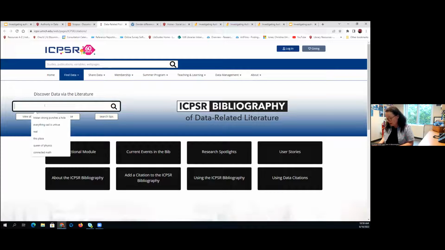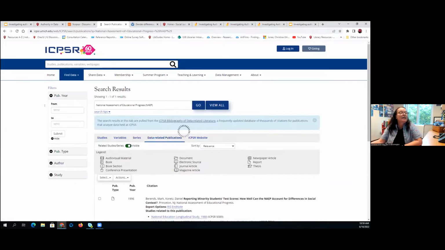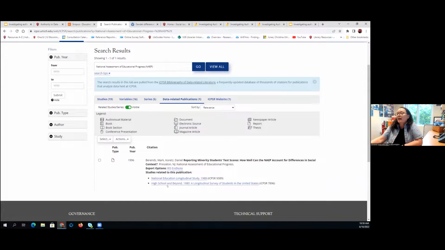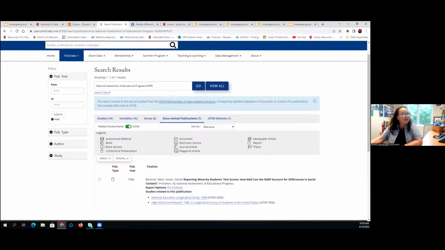It's a little more selective. It isn't as comprehensive as Google Scholar, but you will see impact here as well. Those are some of the tools that we use to help the students investigate their data set, to dig a little bit more deeply, and some of those guiding questions.